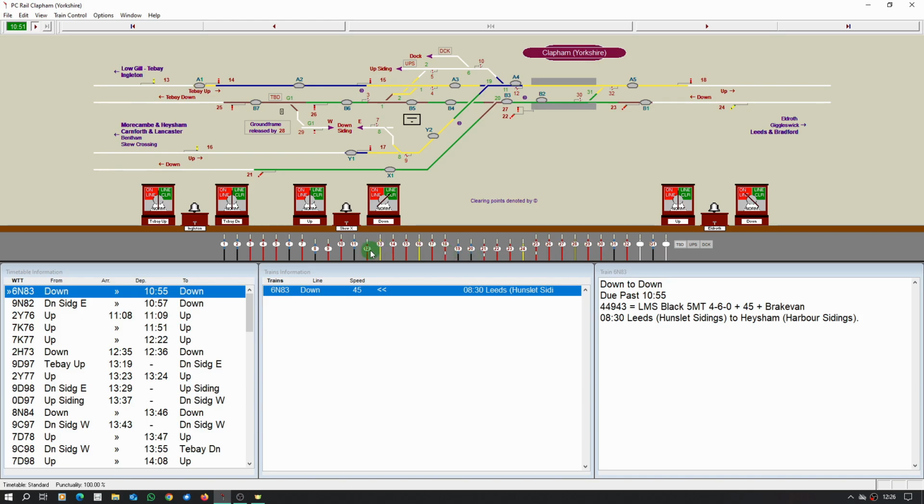32, 12 and 9. Right, I was talking about the ground frame. This is released by 28, which is shown as a strange greeny sort of colour. So you pull 28 and then you can release G1 ground frame points operated by a lever under there. We've got the ground frame lever on the end of the frame here, so we can clear G1 and then we can either route the train out using 29, or it would be an and signal back in using TBD, which is either click on the diagram or click on the lever frame, and then